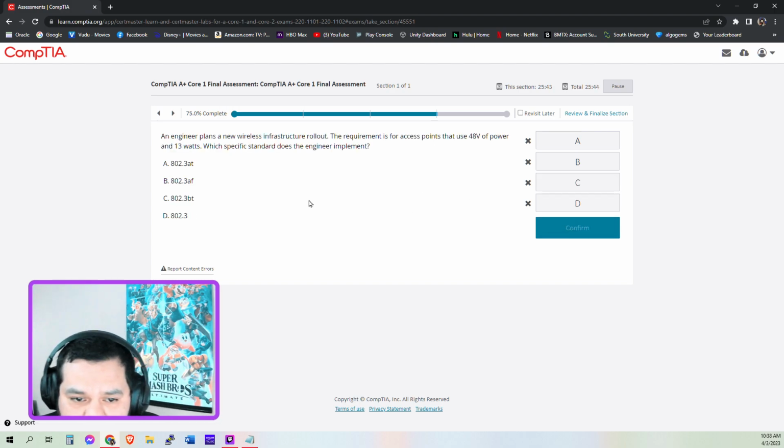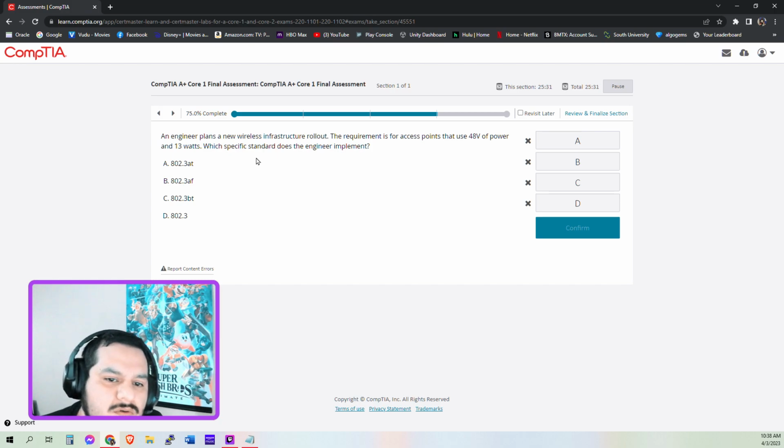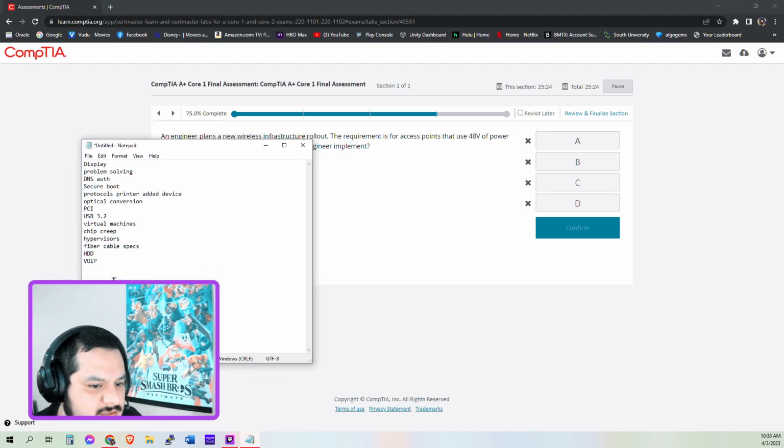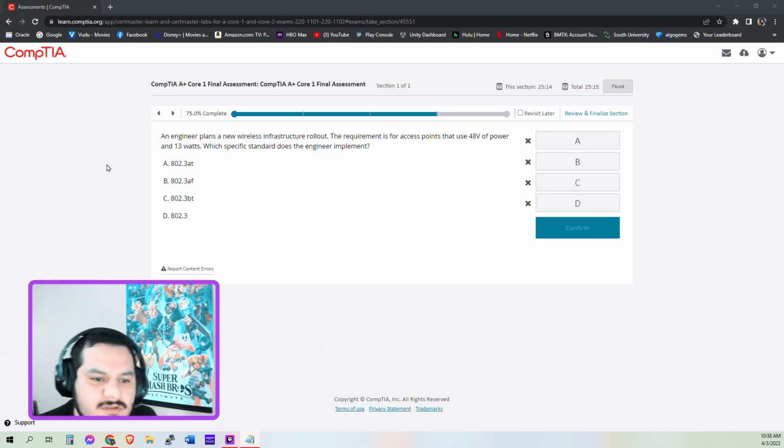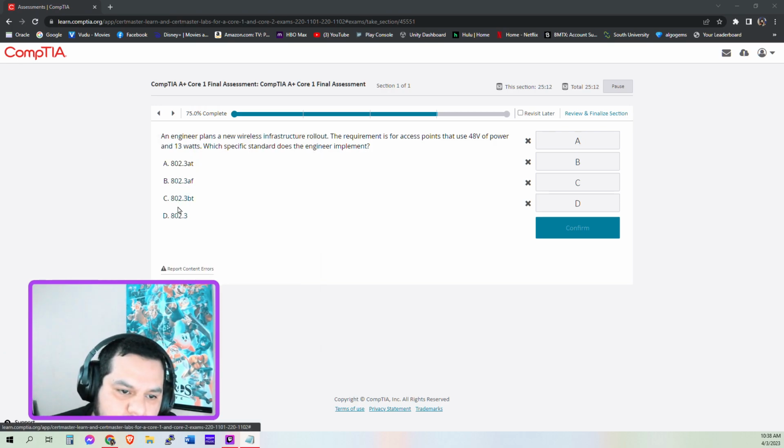An engineer plans a new wireless infrastructure rollout. The requirement is for access points that use 48 volts of power and 13 watts. Which specific standard does the engineer implement? Oh wow. Access points. Okay. So access point standards. That I am for sure not going to get. I have not brushed up on that at all. But an 802.3